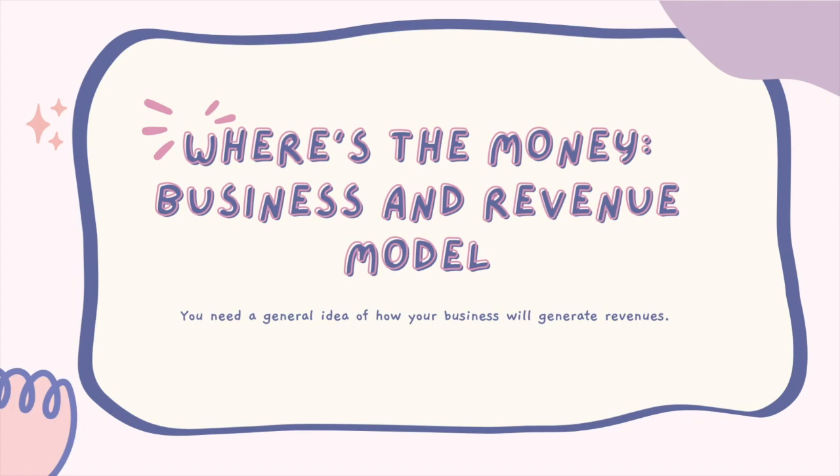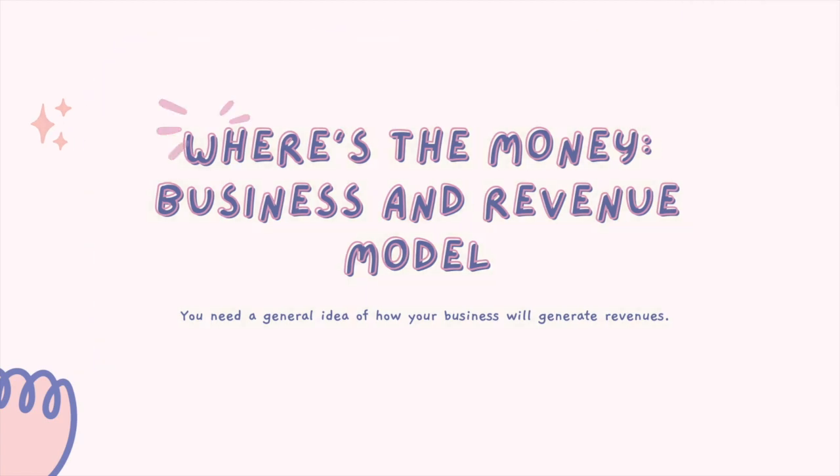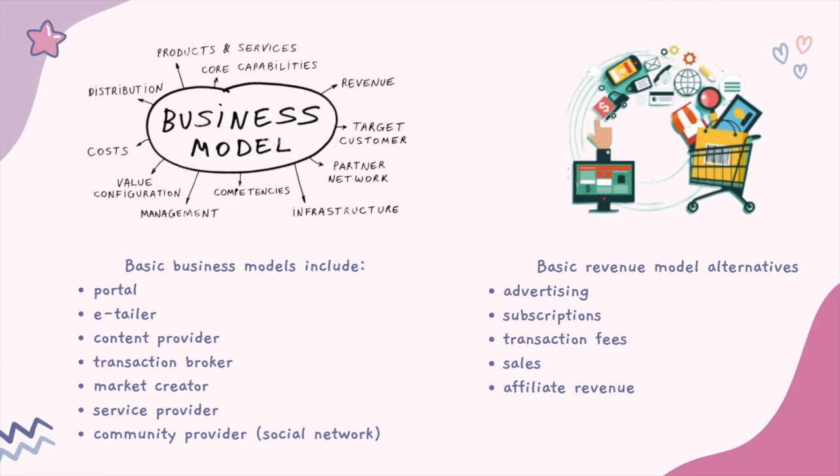You need a general idea of how your business will generate revenue. Basic business models include portal, retailer, content provider, transaction broker, market creator, service provider, and community provider. Basic revenue model alternatives are